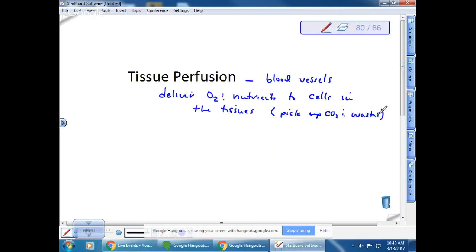So if tissues are not being perfused properly, especially the brain, for example, you have a big problem in that you'll pass out and go into a coma. But we also want the blood vessels to go to the digestive tract to pick up nutrients, like during the parasympathetic nervous system when you're relaxed. But then we need the blood to move away from the digestive system and go to the muscles when we need to exercise, okay? So we can talk about the mechanisms that shunt blood to different areas of the body.